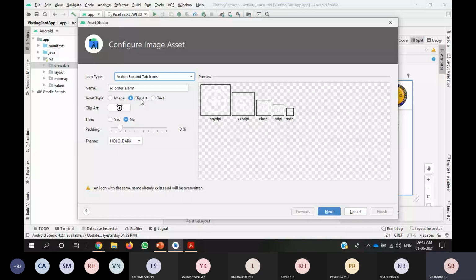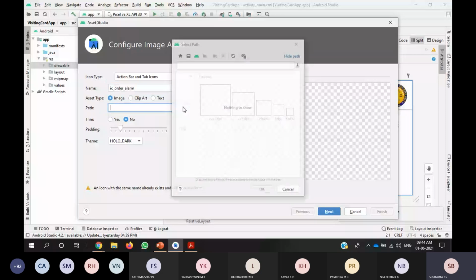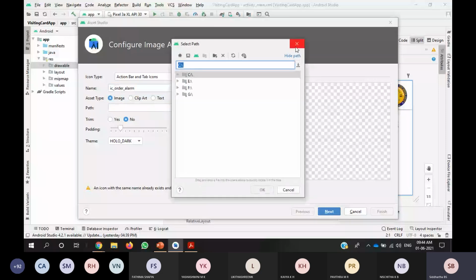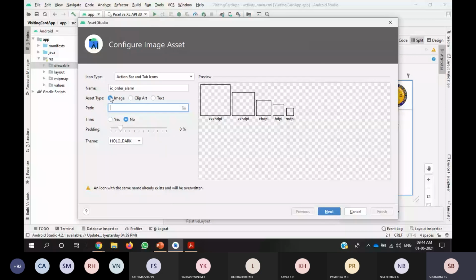Then the next field is name. By default some name will be there. If you want, you can change it or you can leave it like that. Then asset type. If you have any image of your own, you click on this image option, go to the particular path and insert that image. If you move the cursor, it shows Select an image. Whatever image of your own we need to add should be in PNG format or SVG format or